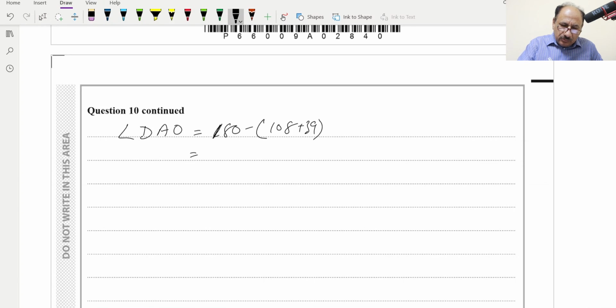So this is equal to 33. The reason will be: opposite angles of a cyclic quadrilateral